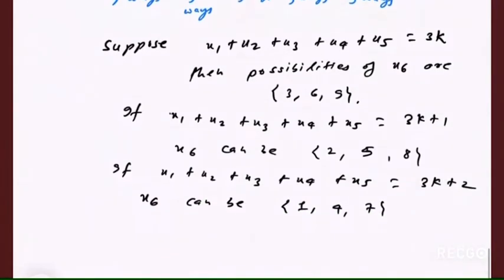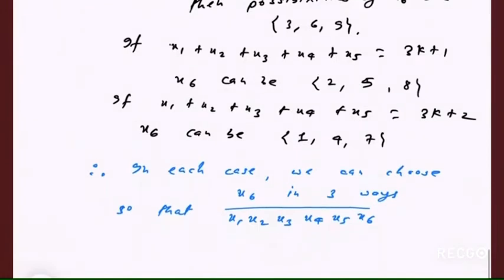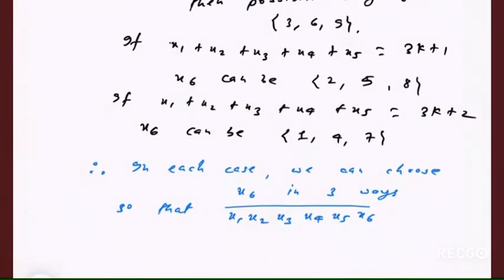So we can see that in each case, whether the sum of the first five digits is equal to 3k, or 3k plus 1, or 3k plus 2, we can choose the sixth digit in three possible ways. And therefore, using the multiplication principle of counting, we can say that the total number of such numbers,